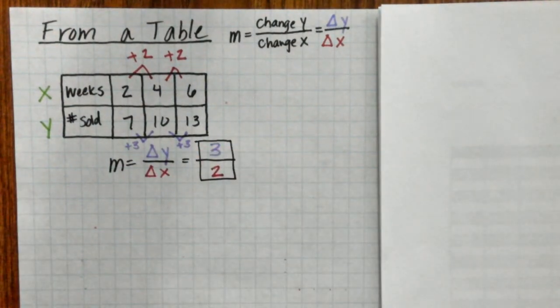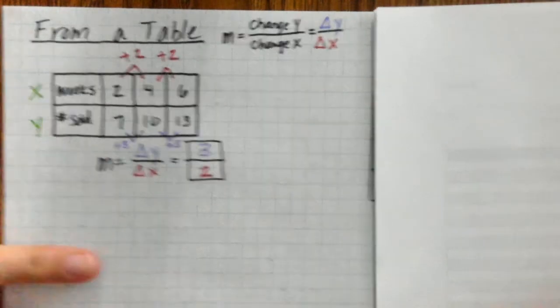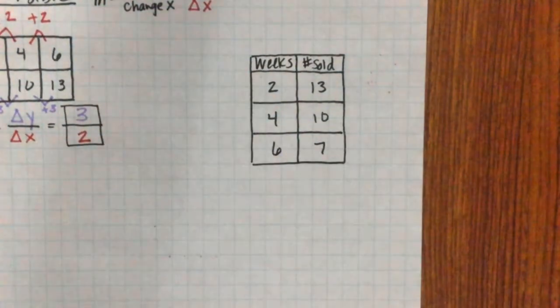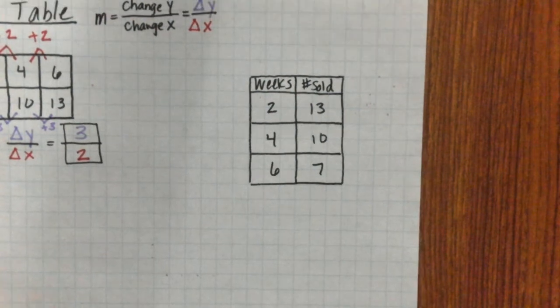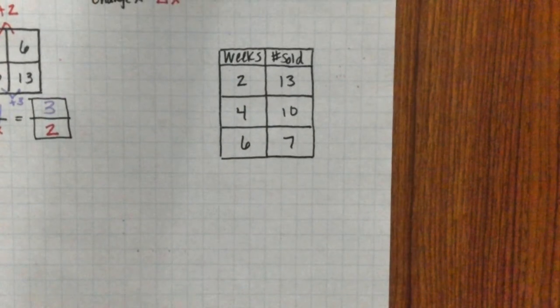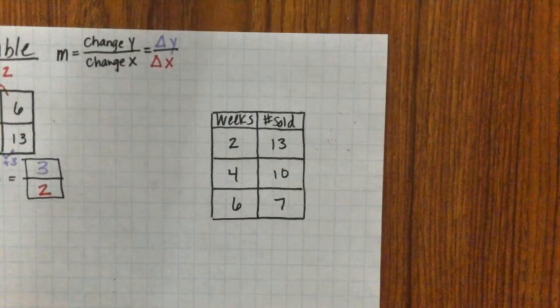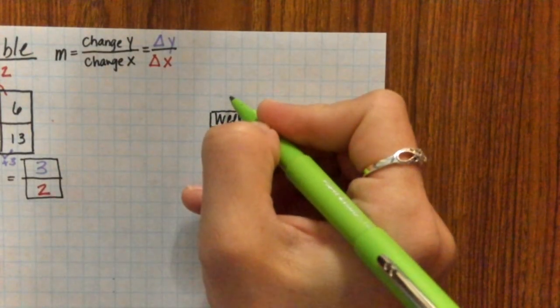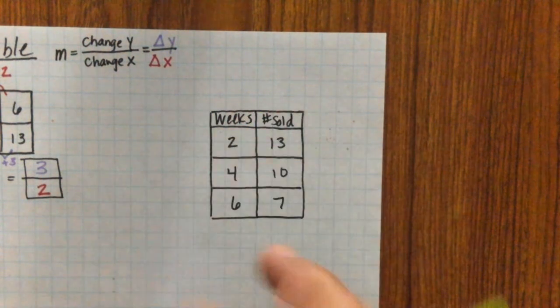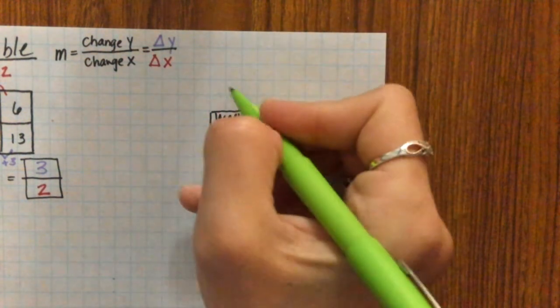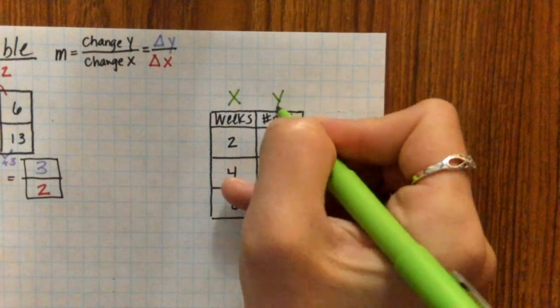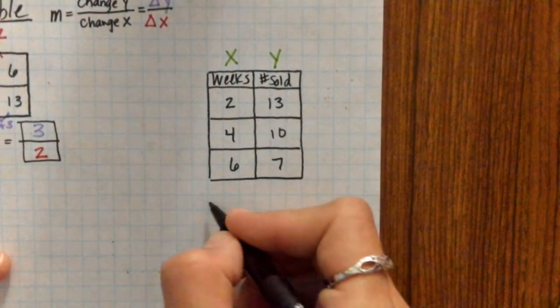Okay? I'm going to show you the next table. I need you to pause it and write it down, please. We are now going to go horizontally with the table. And pause and copy this down. With this table, we are still doing our change in y over change in x. And just like your coordinates start with x, when your table looks like this, and this is vertically, our x is going to come first, then our y. So when we take a look at our slope,